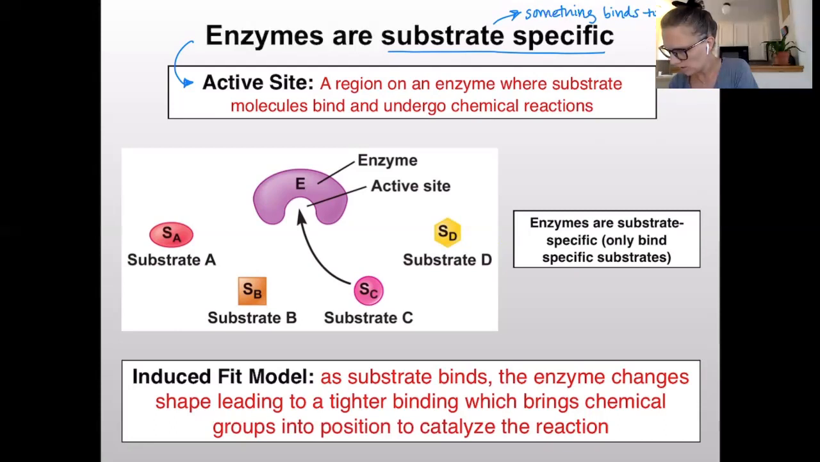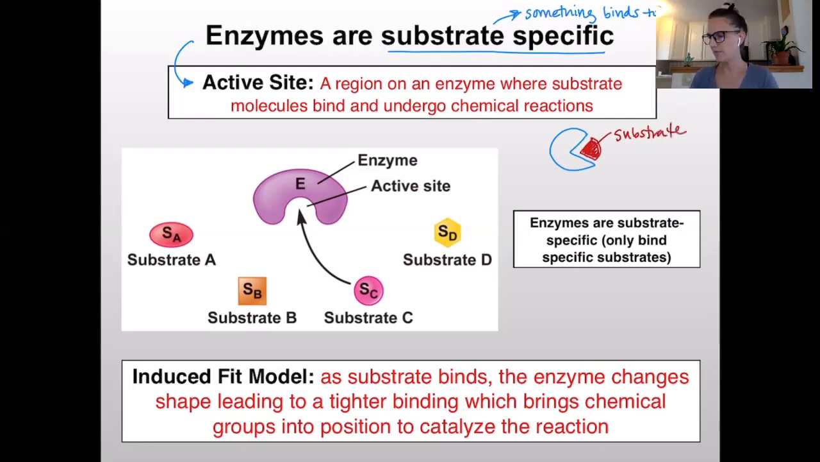The reason I always draw it as a Pac-Man is that I always think of the enzyme as being able to eat or bind the substrate, right? So enzymes are substrate specific. They can only bind whatever substrates fit perfectly into their active site, right? So here we have our little